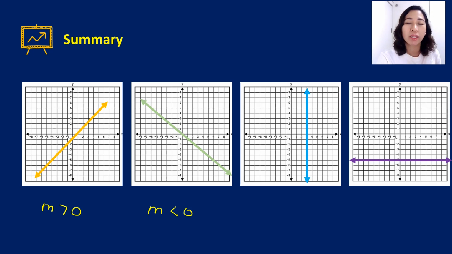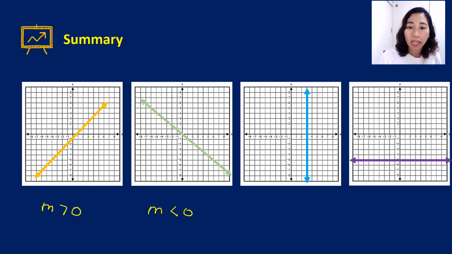Now, when I was your age, I was always confused between undefined slope and slope equal to 0. I always interchange. When is it a vertical line? When is it a horizontal line? So that you do not have to memorize it, you have to always understand. In order to understand it, you always have to look at your rise over run. So for example, you already forgot, okay, I have a vertical line.